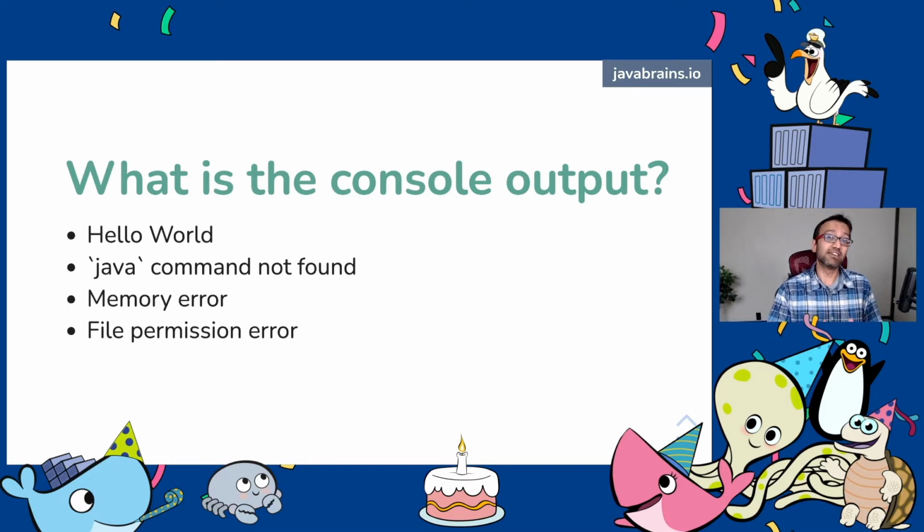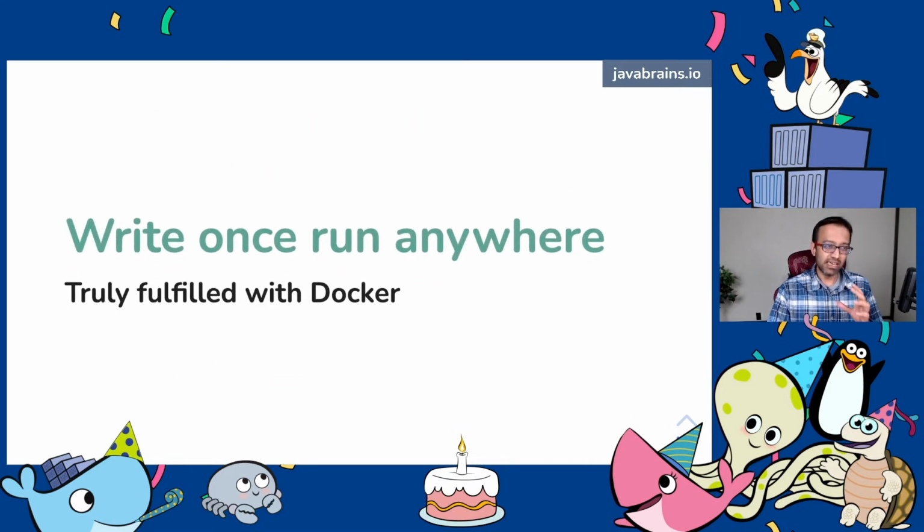Well, Java is write once, run anywhere if that anywhere happens to have the necessary conditions for a Java application to run, right? There needs to be Java installed. There needs to be the Java path set. There are a bunch of things that need to happen, okay? Without that, there could be so many other things that could happen when you run that simple hello world program. Okay, so while Java is technically write once, run anywhere, the promise is truly fulfilled if you couple Java